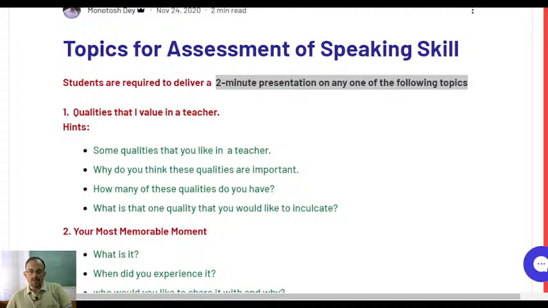The speaking assessment will comprise a two-phase assessment, and listening will also comprise two worksheets. In the single worksheet I'll give you two listening tasks, task 1 and task 2. Each task will carry 5 marks, so you have to write a total of 10 marks, out of which I'll take an average and award 5 marks. From speaking skill also, out of 2 activities I will take an average of 5 marks. So 5 plus 5, 10 marks, right?